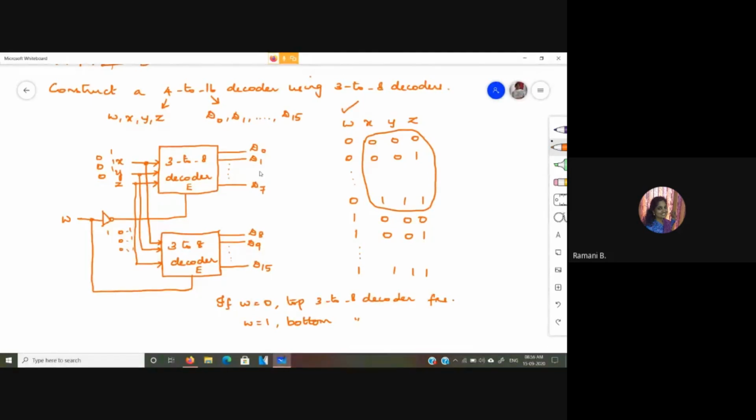Sometimes there may be a combination of decoders you use to make a higher order decoder. That is, for example, using 3 to 8 decoder and 2 to 4 decoder. How could you construct a 5 to 32 line decoder? Like all these, you will get questions. So you have to just use the critical thinking to get the answer for it. Okay? Okay. So now, next we shall move on to encoders.